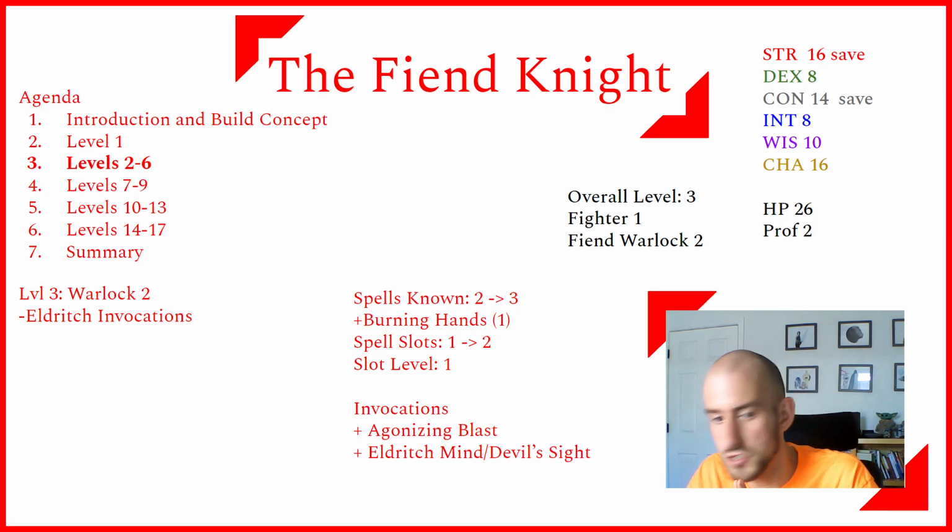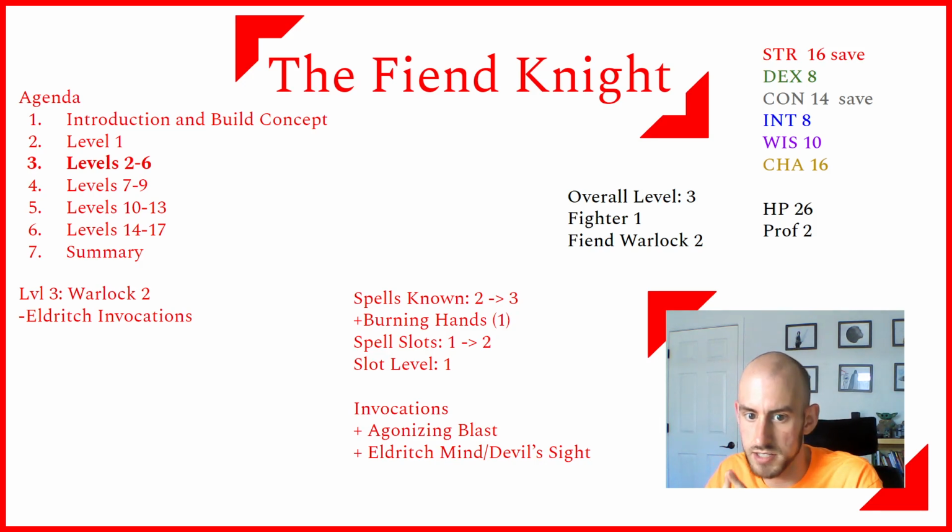All right, so at level 2, we are going to be taking our second level in Warlock, which means we get our Eldritch Invocations. At this point, I'm going to recommend you take Agonizing Blast and either Eldritch Mind or Devil's Sight. So Agonizing Blast lets you add your Charisma modifier to all the damage from your Eldritch Blasts, which is nice. And then Eldritch Mind gives you advantage on your concentration checks. And Devil's Sight lets you see through magical darkness. Now, don't get attached to these. We're actually not going to have any of them by the time that we are level 6,